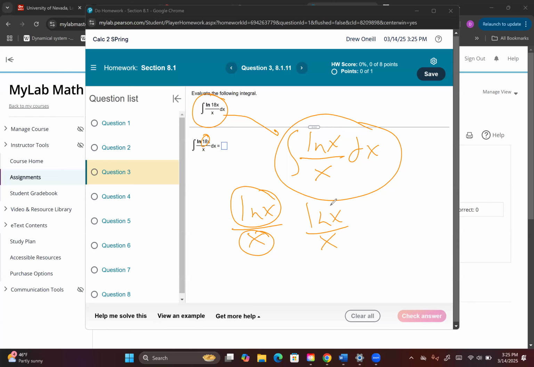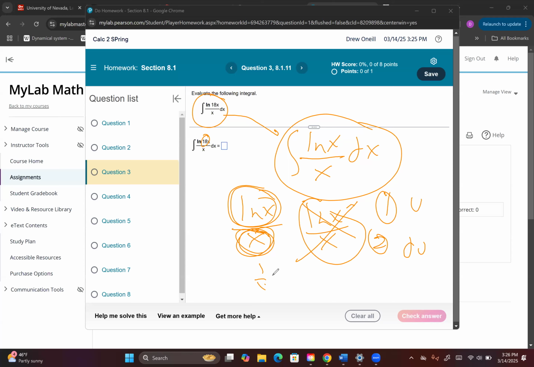When you're doing a u sub, it's almost never picking the whole thing. So you're not going to say that's u. It's probably either this or this. Well, remember, when we pick our u, we're guided by what we want du to be. So in other words, whatever we pick u to be, we have to imagine taking that derivative. What would we get? So if we picked 1 over x as our u, right?